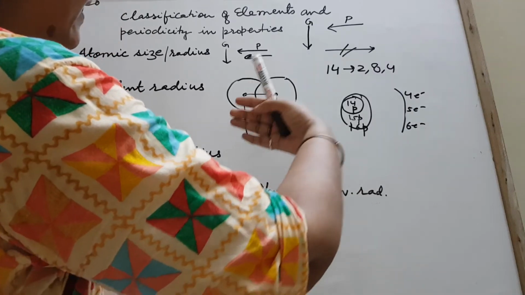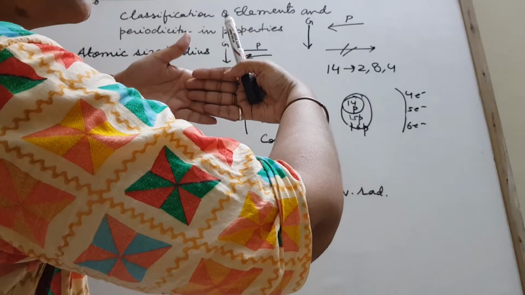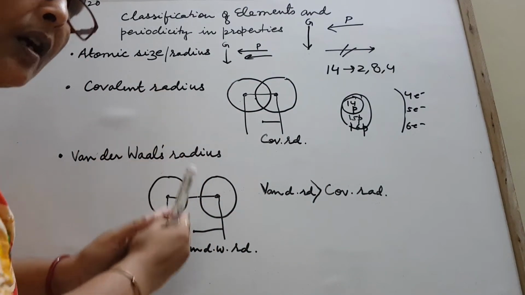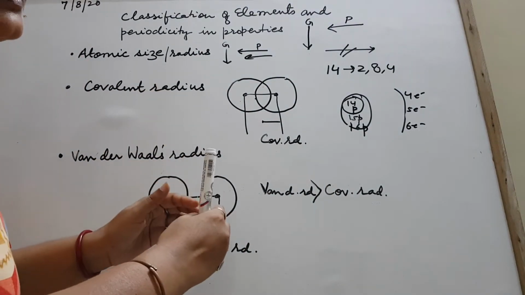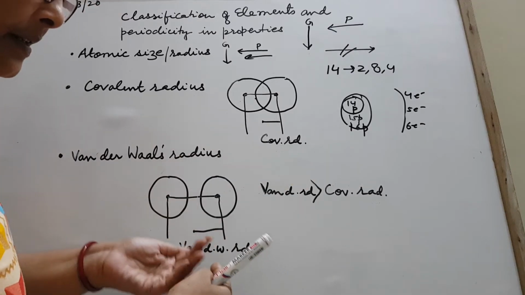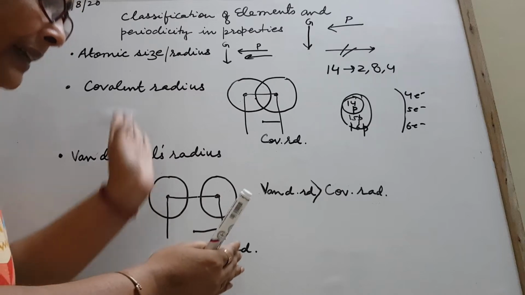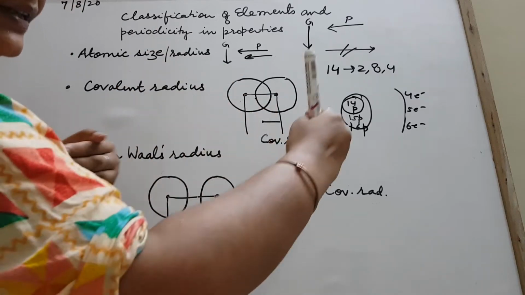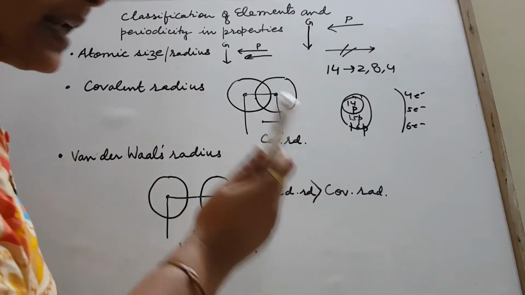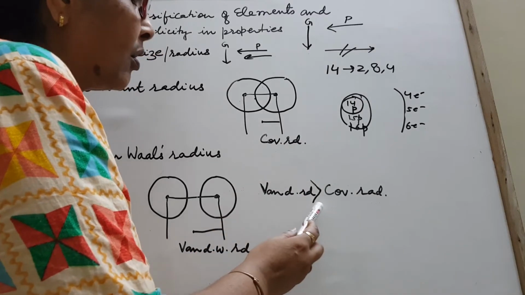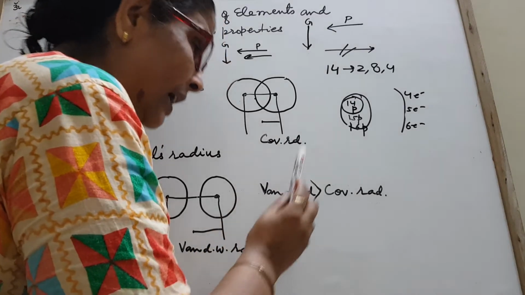Because here due to sharing, the value goes slightly down during measuring. And here, due to this gap, because the bonding is not formed, the value is higher than expected. So the difference between the two: this is lower than expected, this is higher than expected. So a good gap in between. So for any particular element or atom, the value of van der Waals radii is always greater than